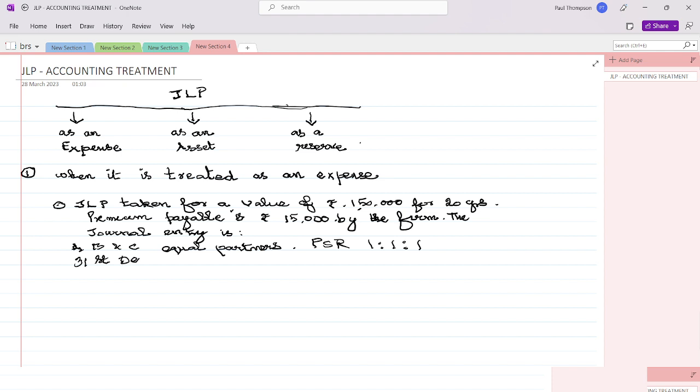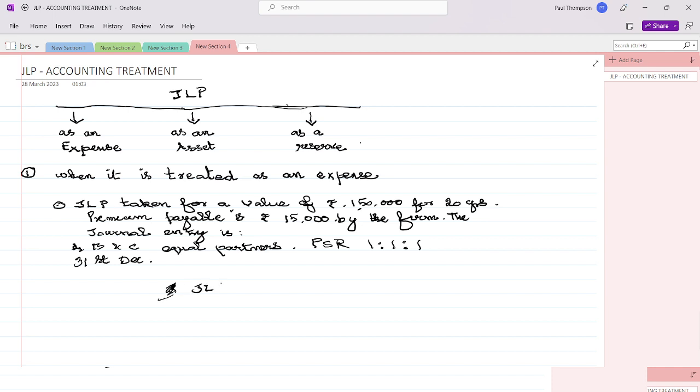Okay, so now in case of treating it as an expense, what would be the journal entry? So first we have to make the payment of insurance premium. In case in your question the date of payment of premium is given, you can write the date, and here I am not giving any date. You can take it as July, August or any month. So before closing of the year,